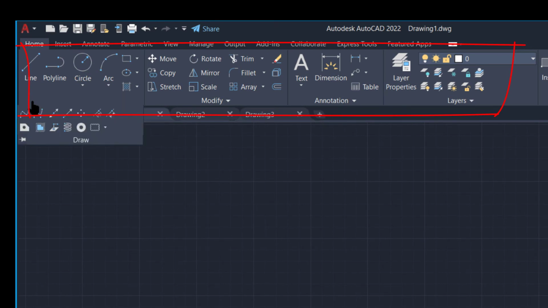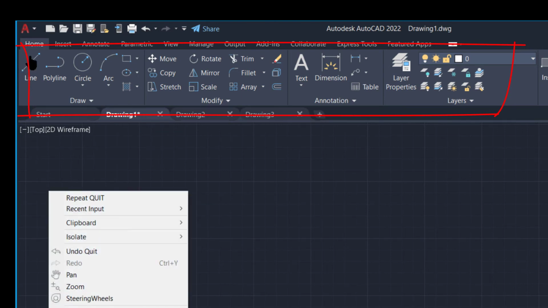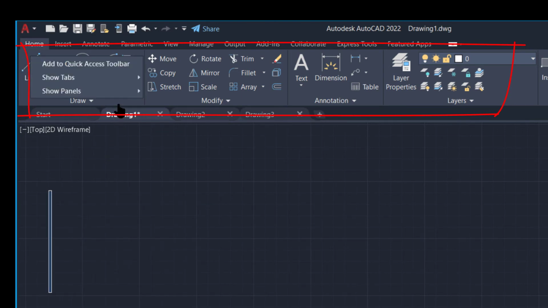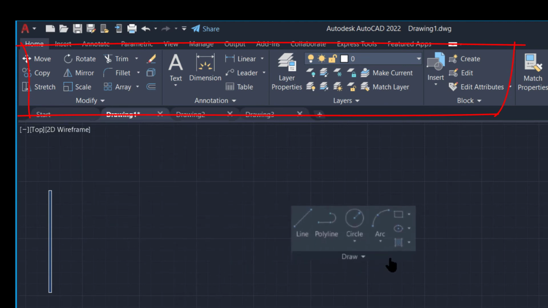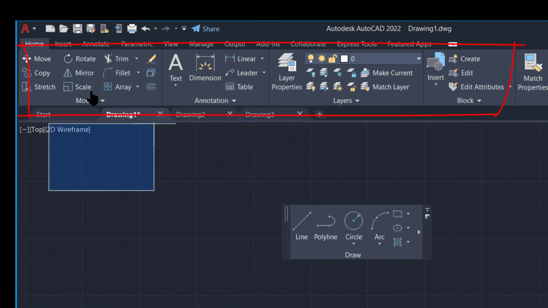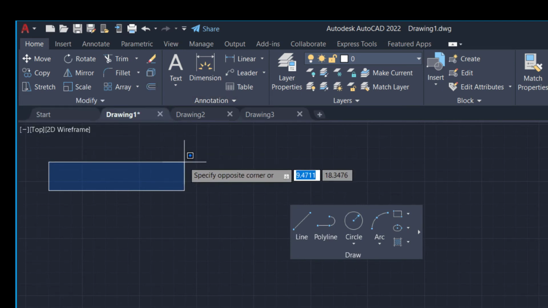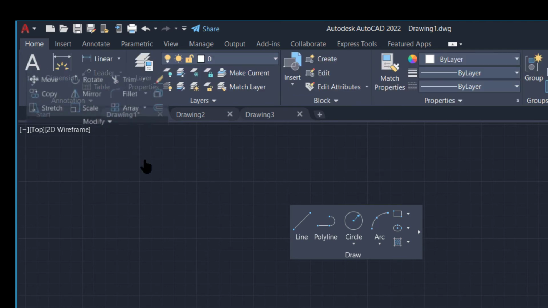In ribbon, you have different sets of commands. Suppose if I want to show you, then I can click and drag draw, and I can drag it to a different place. I can drag it outside.